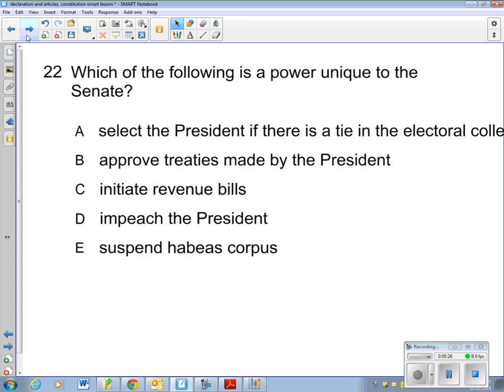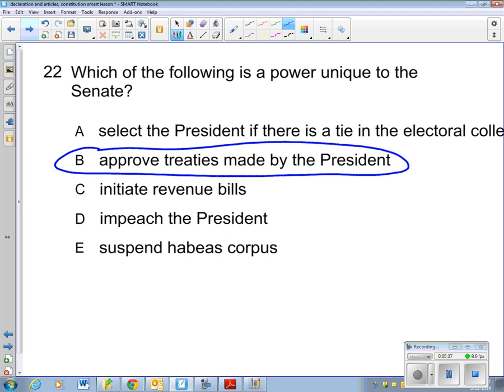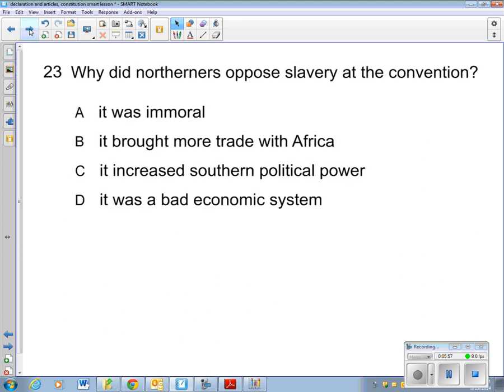All right. Another question, just to see what we know here. Which of the following is a power unique to the Senate? All right. So go ahead and pause your videos. And our correct answer is to approve treaties made by the president. All right. Remember, the Senate is that saucer. That's where they cool off things, and they're sort of the more older, wiser people that are going to keep the masses in check. So when the president appoints someone or makes a treaty, the Senate has to then approve that before that can become official. All right. So the Senate gets most of those approval powers in the Constitution.